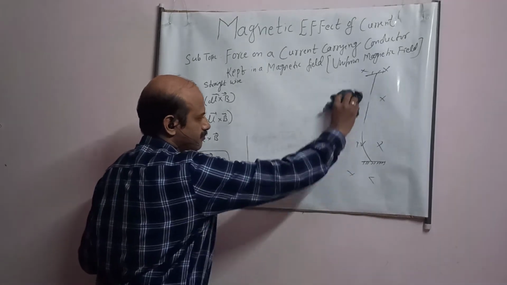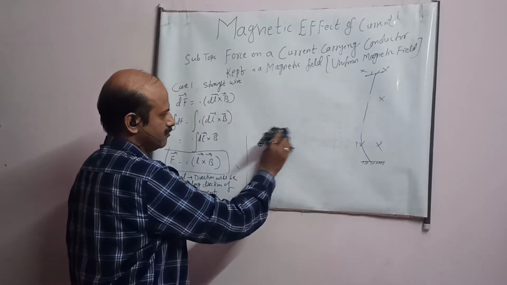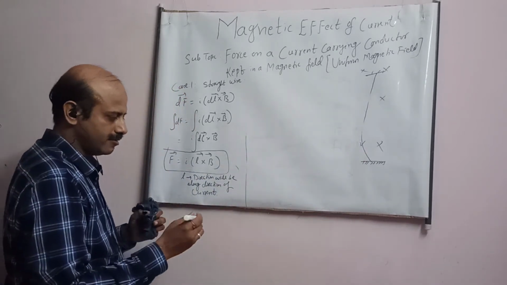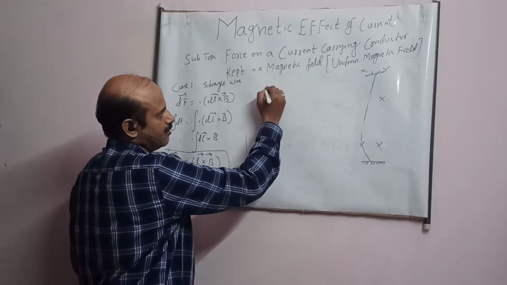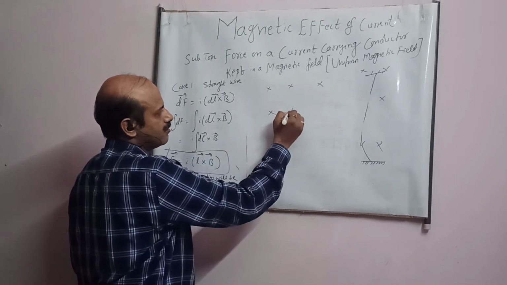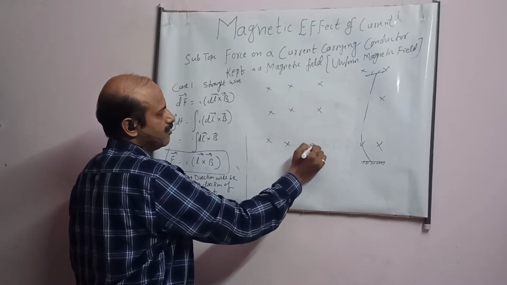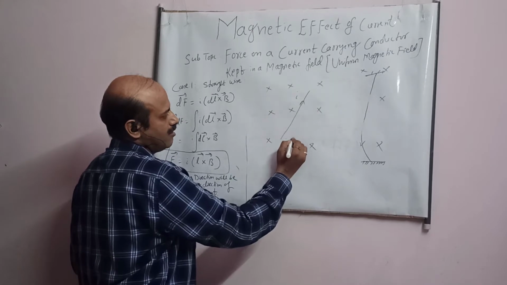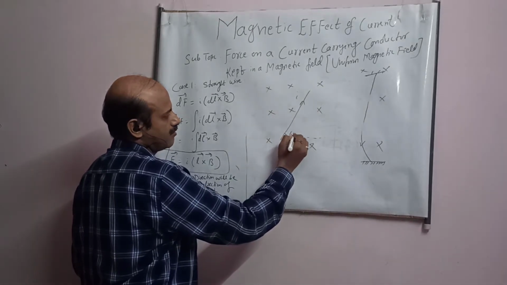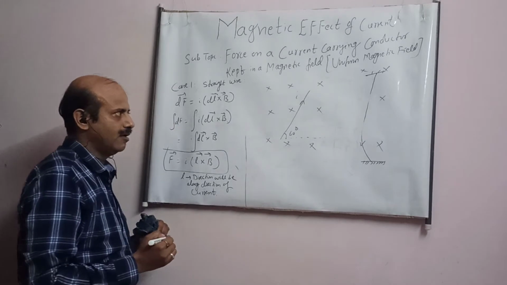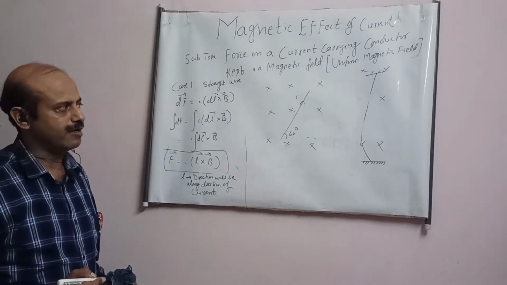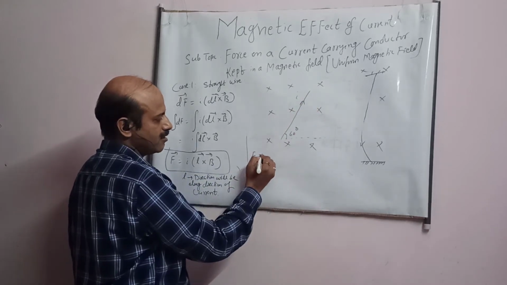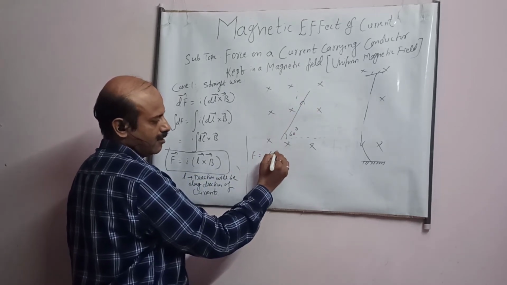Suppose, student, this is the wire, this is the magnetic field, and this is the wire cap. Say this angle is 60 degrees, and I have to find out the force on this wire. Again it is of length L. How much will be the force, student, in this case? I, the basic formula,